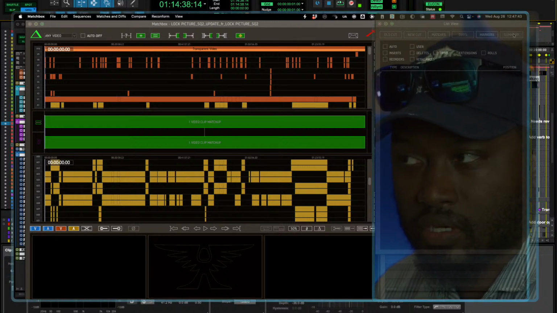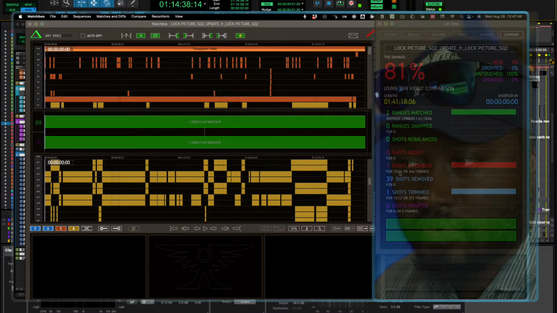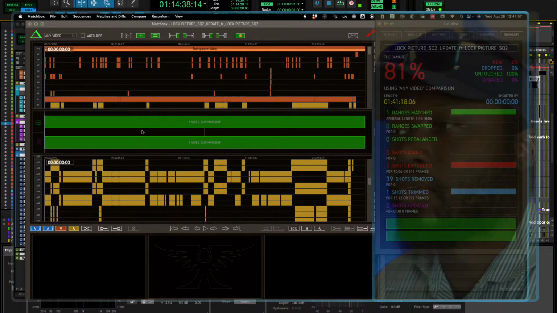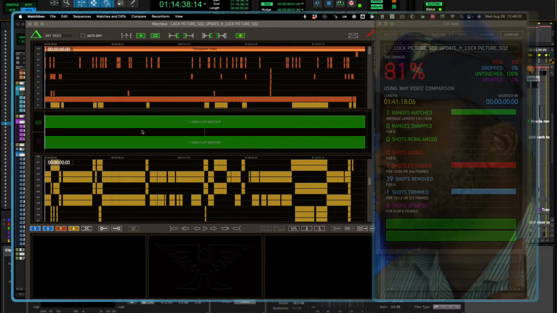All right, so shot for 1006 or 246 frames. All right, so here we go. Let's try to run this. Let's just see. I'm gonna show you something, because either this is gonna work or it's not, because this even